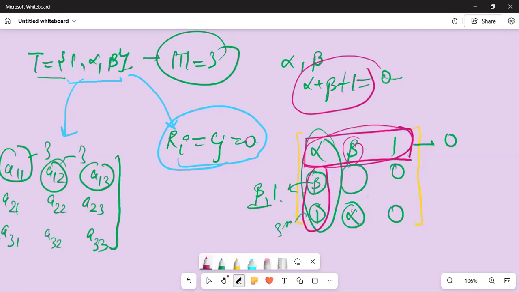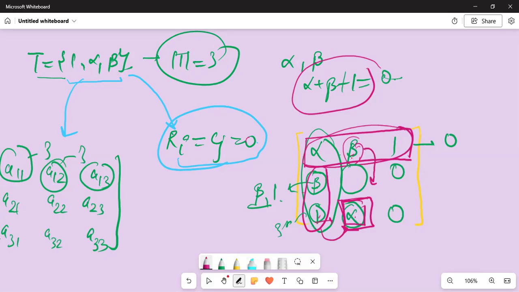Alpha is here. So this was not a choice. This was a compulsion for me, because beta and 1 were deciding the position of this element, deciding the fate of this element. It could not be 1 because of this, and it could not be beta because of this, so it had